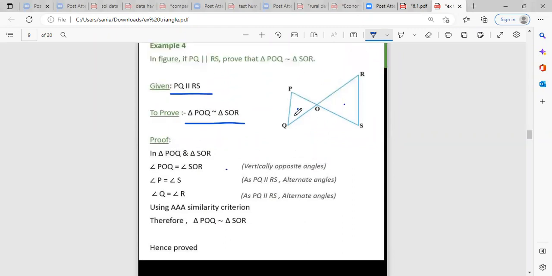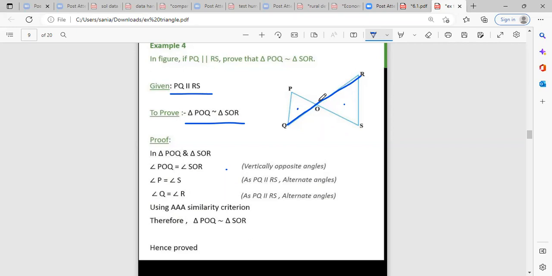What you have to do in triangle this and this, right? It is given that PQ is parallel to this. So if these lines are parallel, this means this is a transversal, and this is also a transversal, right? So first thing is that in these two triangles, in triangle PQR and in